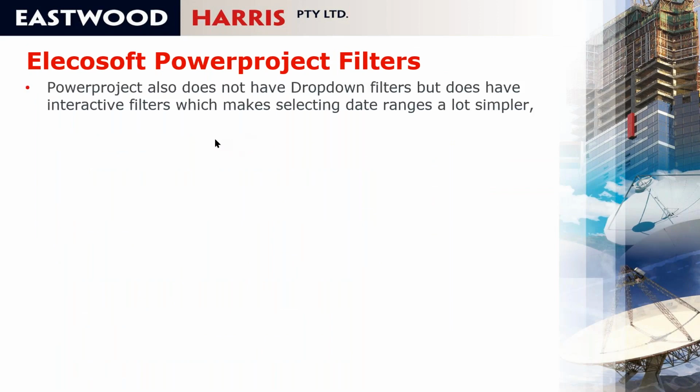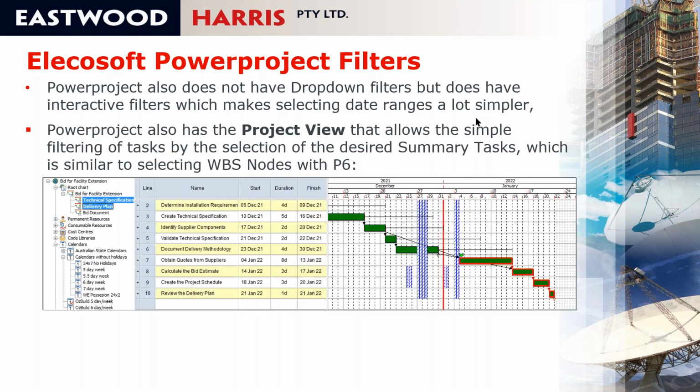Elecosoft Powerproject filters also don't have drop-down filters, but have interactive filters, which makes selecting date ranges a lot simpler. It also has the project view, and this is really powerful, where you can select individual nodes and just see the activities underneath them when you're creating a project. You'll find that the P6 network diagram works like this, but you can't have this project view type thing in the